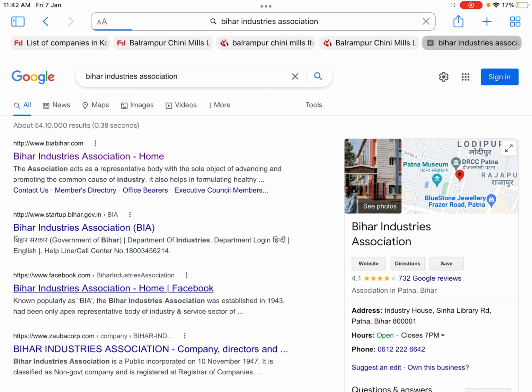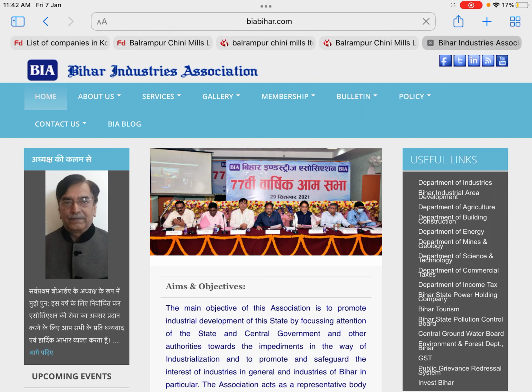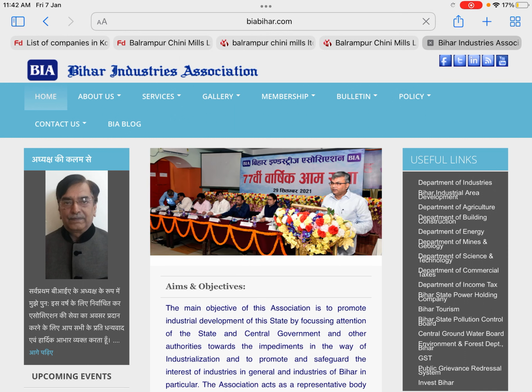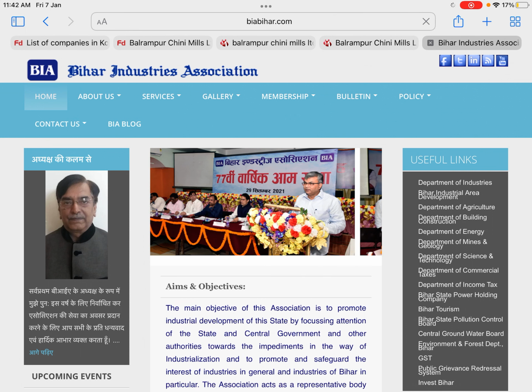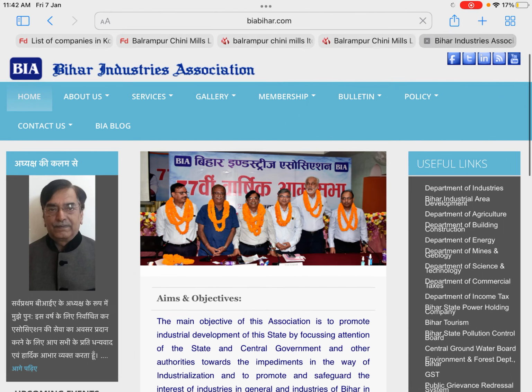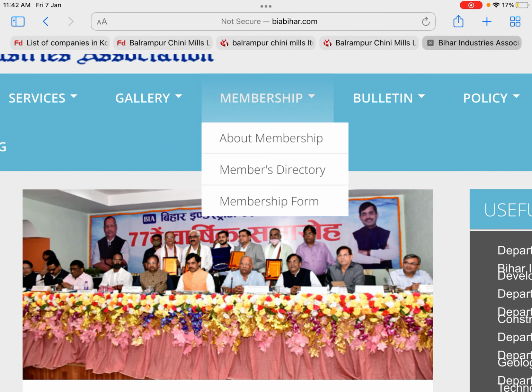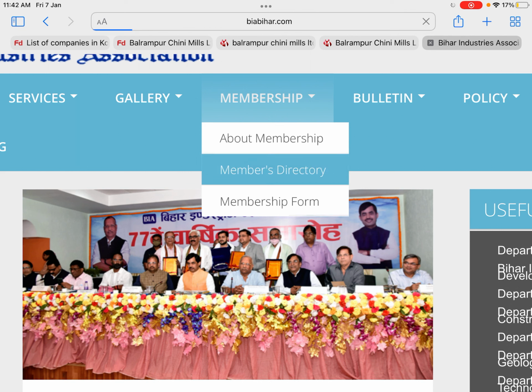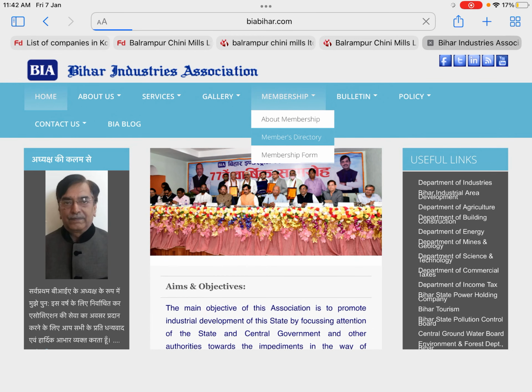The first way I have said is by Fundu data and IndiaMart, which is useful for getting data, and this is the second way. Yes, you see the BIA, Bihar Industrial Association portal is open. You see here the membership. Just click membership and the member directory, and you can also search for Kolkata, Bengal, Haryana, Gujarat. I will also give the example after that.